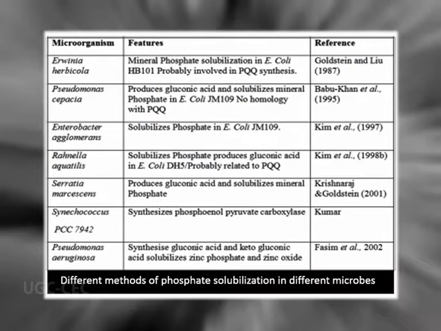And thereby we can understand very well that every living organism commonly has the ability to take the trapped phosphorus in the soil into the living organism, thereby making it solubilized. So there may be different bacteria like Erwinia, Pseudomonas, Enterobacter, Serratia, or Synechococcus. They are all helping in solubilization of phosphate through specific phosphate solubilizing enzymes.